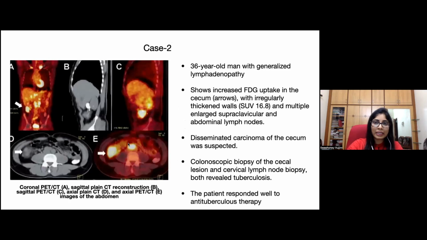This is another case of a 36-year-old man with generalized lymphadenopathy. This patient also showed increased uptake in the cecum with irregularly thickened walls. There was increased uptake in the supraclavicular and the abdominal lymph nodes. Disseminated carcinoma of the cecum was suspected, but when the colonoscopic biopsy was done, it revealed tuberculosis, and the patient responded well to